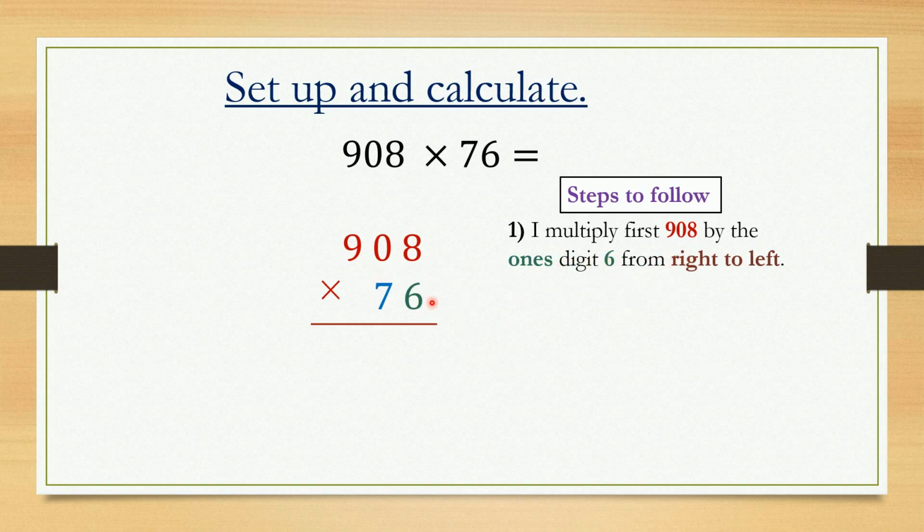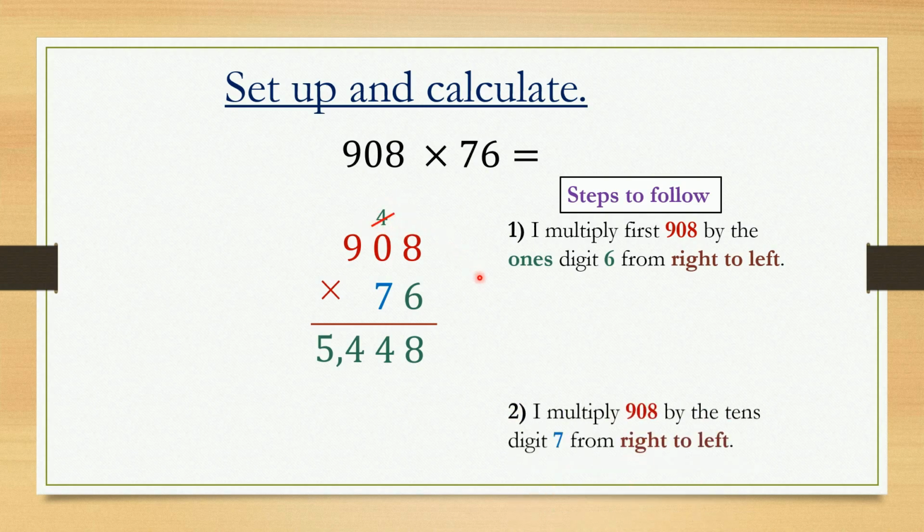Let's start. 6 times 8 equals 48, I write 8, and I carry 4 above the 0. 6 times 0 is 0, plus 4 is 4. Then 6 times 9, 54. I write the 4, and I carry 5. There's nothing here, so I write the 5 next to the 4. In the end, I put the comma. So now, before we continue with the next step, I need to cross the carry because we don't need it